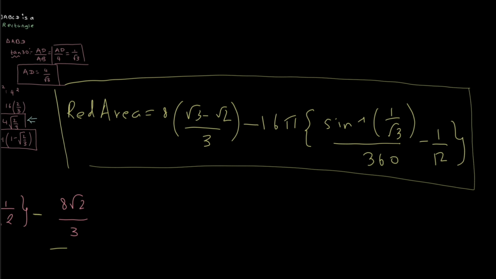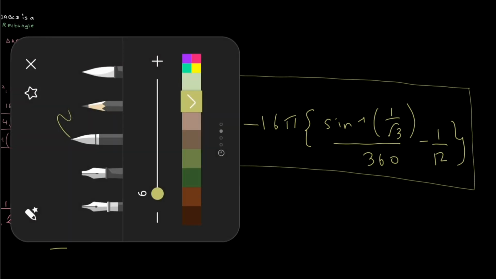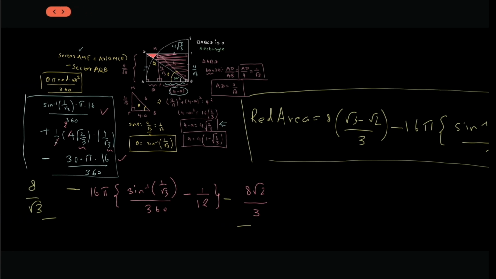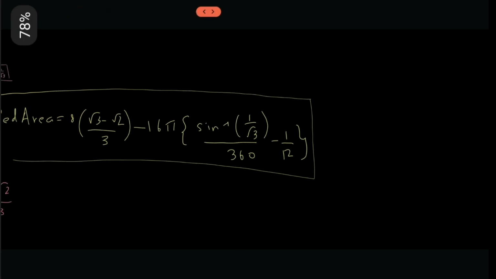So here we have got the value for red area, and that's in trigonometric form because this angle over here is sine inverse of 1 upon square root of 3. Okay, so here we can see that this was the problem that actually needs trigonometry. There's not any other way other than trigonometry. I'm not sure, but I think so. If you can prove me wrong, it would be nice.